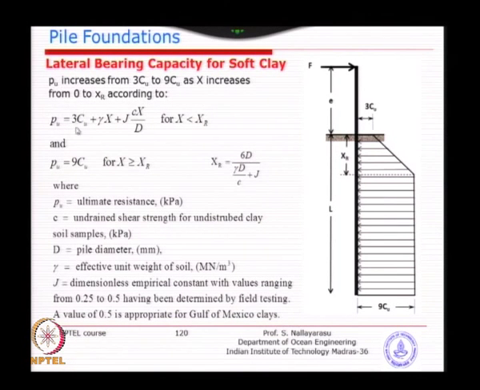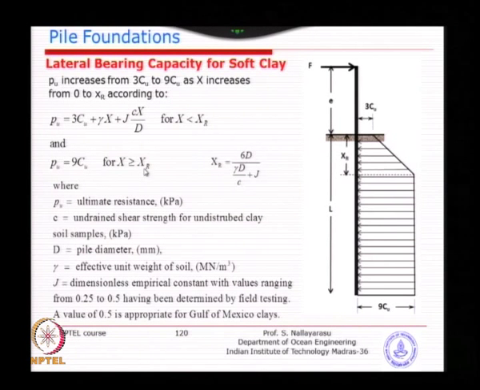So, ultimately you will have 3 Cu as your starting value, and as you go down the value keeps increasing, contributed by the type of clay, which is basically this component, and contributed by the density of the soil due to overburden. So, the middle component is the overburden effect, and the other one is the clay, what type of clay it is, contributing towards the lateral capacity. So, that is the value that you will find from Pu. So, that is the ultimate capacity.